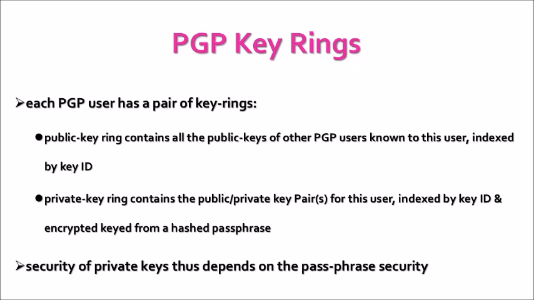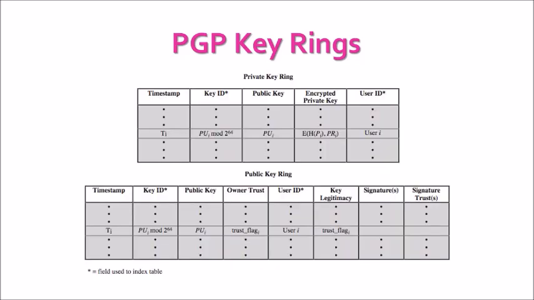As in any system based on passwords, the security of this system depends on the security of the password, which should be not easily guessed but easily remembered. This diagram illustrates the general structure of the private key ring. We can view this ring as a table in which each row represents one of the public or private key pairs owned by this user. The private key ring can be indexed by either user ID or key ID. The actual private key itself is encrypted using CAST-128, IDEA, or 3DES,